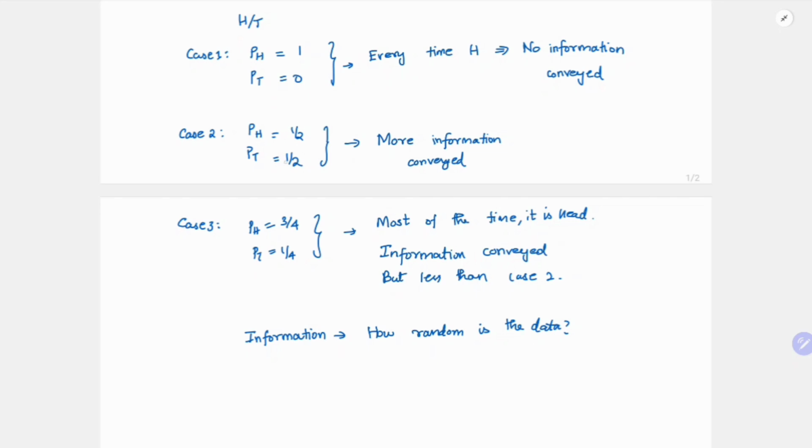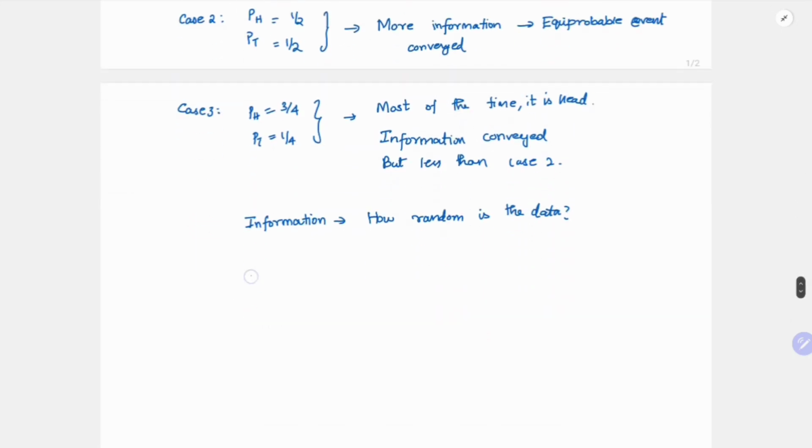In the second case, you know only that the probability is 50-50%, but on each trial you are still unsure what it is going to be, and the data is most random in this case. In the third case, head has a higher probability than tail, so at every instant you can expect head as the most probable event. So the element of surprise is still lower than in case 2. And case 2 is called equiprobable,